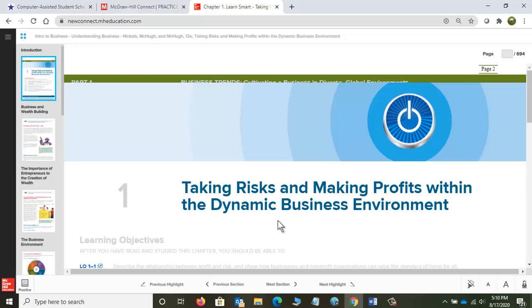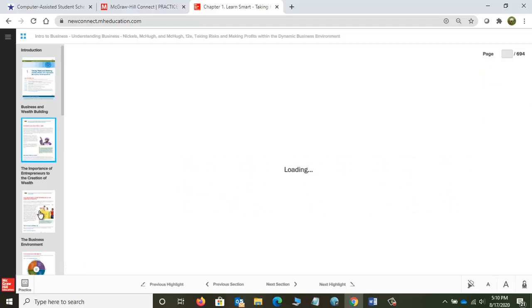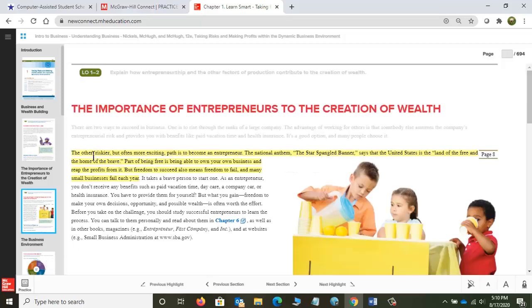Now, I am in the book. This is the Smart Book. Remember that I could have gone into it by clicking another link on the screen. Why? Just use the Smart Book. That's what the students tend to do. On this left-hand side, these are pages of the book. If you had a printed copy of the book, it would look just like this, with the exception of the